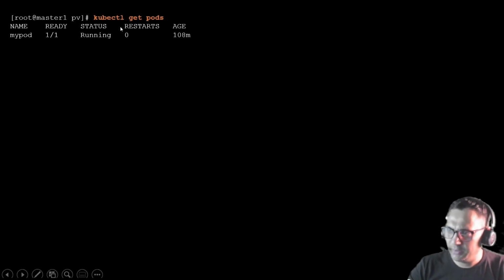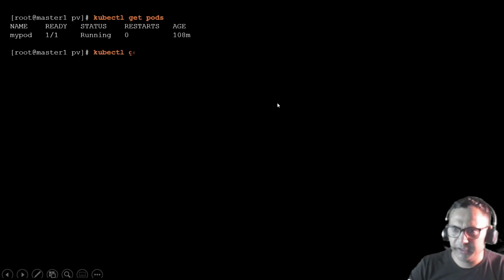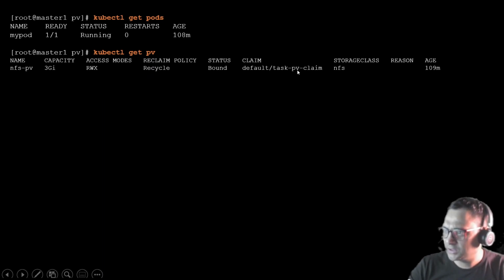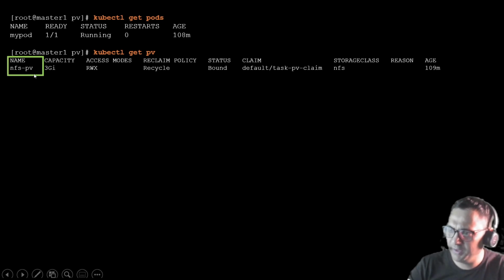If I execute kubectl get pod, I can see that my pod is running. Further, if I execute kubectl get pv, where pv is short for persistent volume, I can see that the reclaim policy is Recycle and the claim is task-pv-claim. So it means that this PV is claimed by this PVC and it is in Bound state. Bound state means everything is bound. The name of this PV is nfs-pv, the capacity is 3Gi, and the access mode is read write